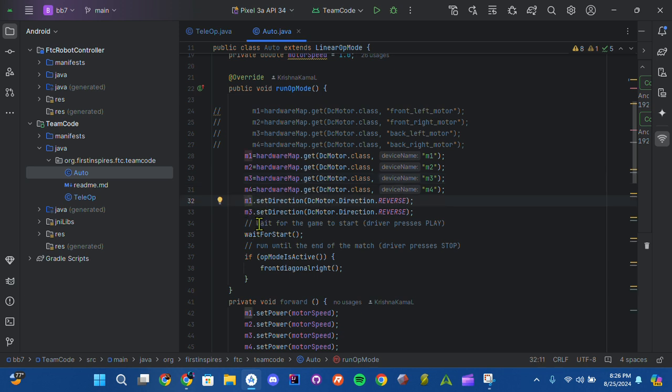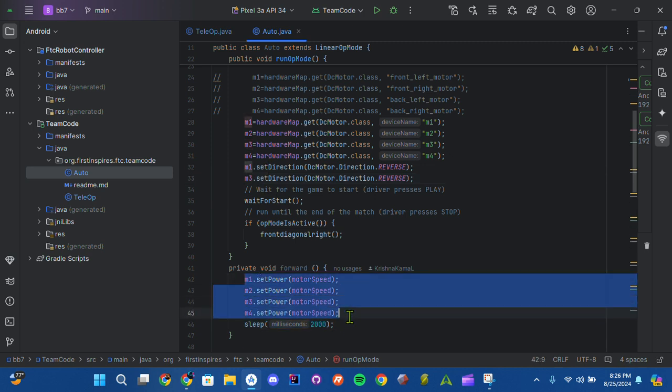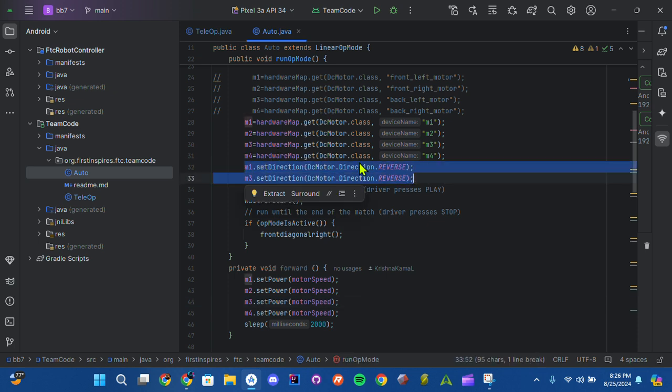Then what you want to do is put two of them reversed. For us it's M1 and M3, and this will be reversed, because the way the mechanism wheels work is two of them will be in the opposite direction. If you put all motors without this, the robot would just turn around forever. What you want to do is put two motors reversed,